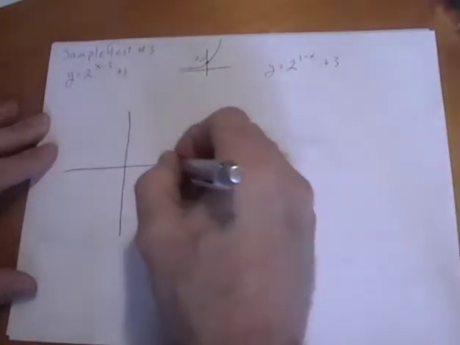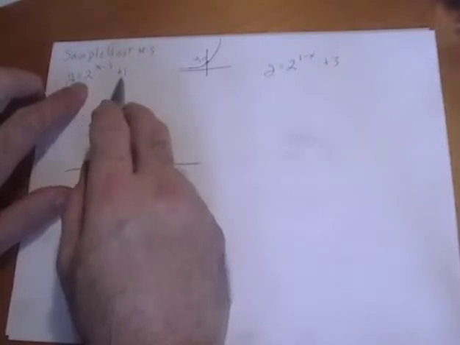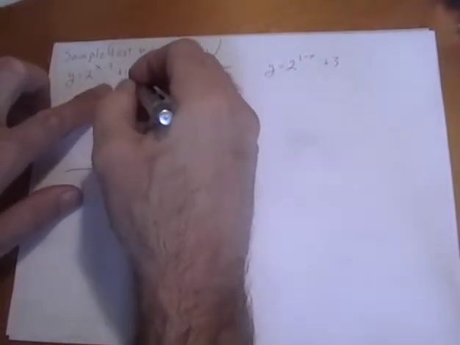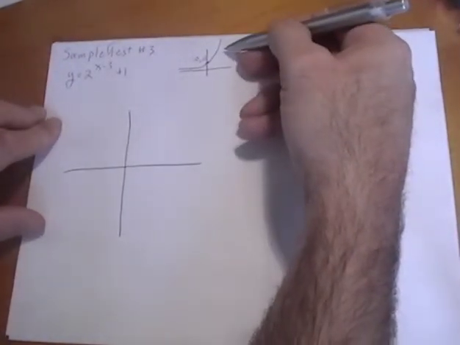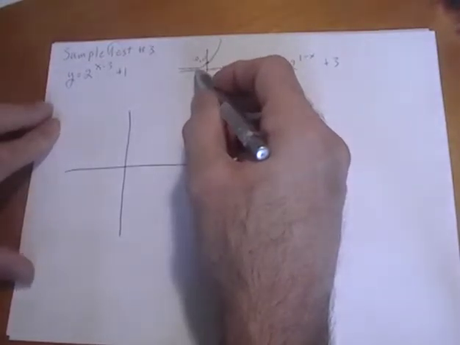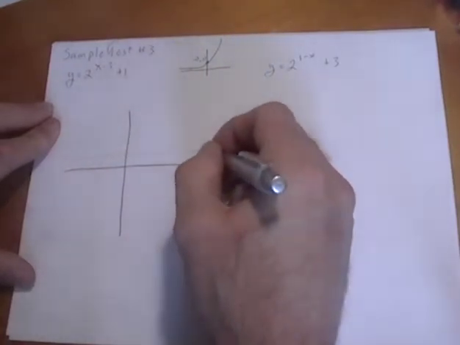When I graph exponential curves, I start by looking at what is on the outside, in this case the +1. That is going to lift the entire graph up 1. So instead of flattening towards the x-axis, that's the line y equals 0, it's going to flatten towards the line